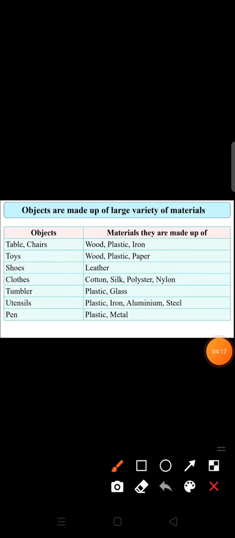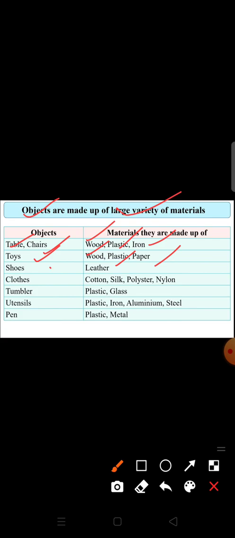Now we need to know that an object could be made up of a large variety of materials. For example, a table or chair could be made up of wood, plastic or iron. Toys could be made up of wood, plastic or paper.